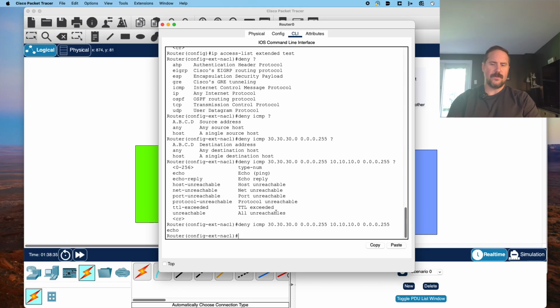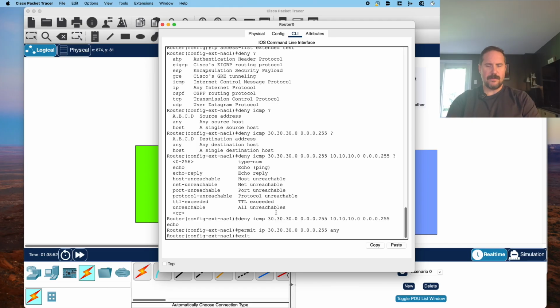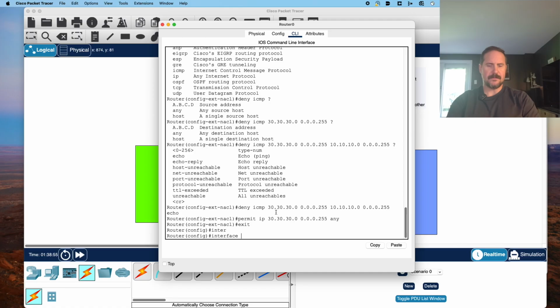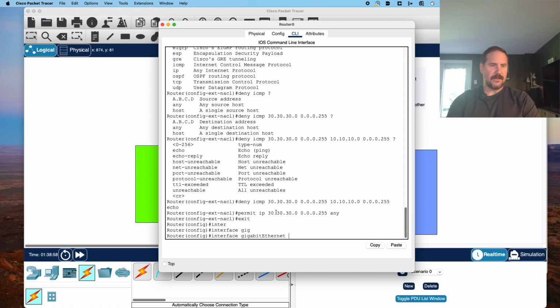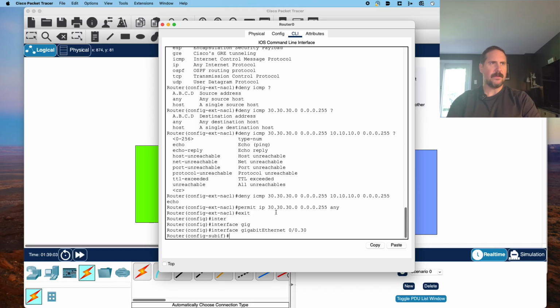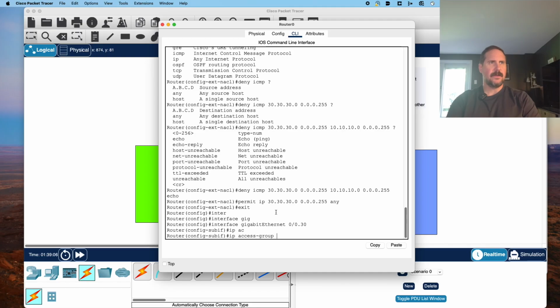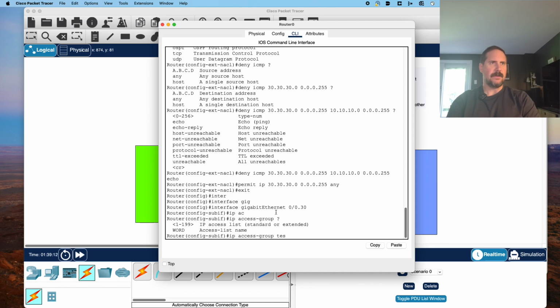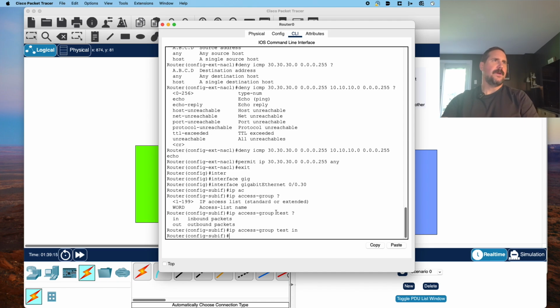And then we will permit other traffic, all other IP traffic from 30.30.30.0 0.0.0.255 to anywhere else. And then we will jump into the subinterface .30 for the test VLAN and apply the access group that we just created: ip access-group test in. All right, and now